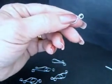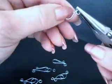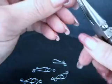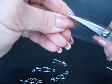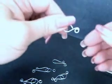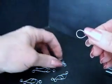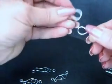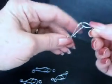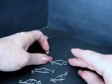And you can see that it's a little bit not quite round, so I'll just straighten that out. Flatten it with my flat pliers. There's how it looks. And we get the other. We hook that in there like that. And that is how you make